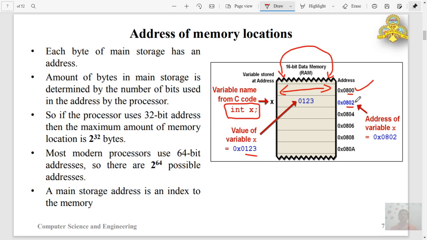For example, if the processor uses 32-bit addresses, then the maximum amount of memory locations is 2 raised to 32 bytes. It is approximately 4 gigabytes of memory locations.